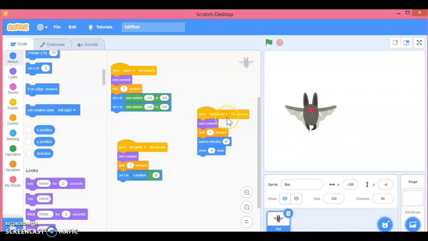Now let us try the right arrow, right? It must move in the 90 degree direction towards the right, that is it has to take 10 steps forward. So right arrow, and it moves 10 steps forward again. If you observe the x position, you can see it. Right again, 70, right again, 60. So when I press right, it moves in the 90 degree direction, 10 steps every time.